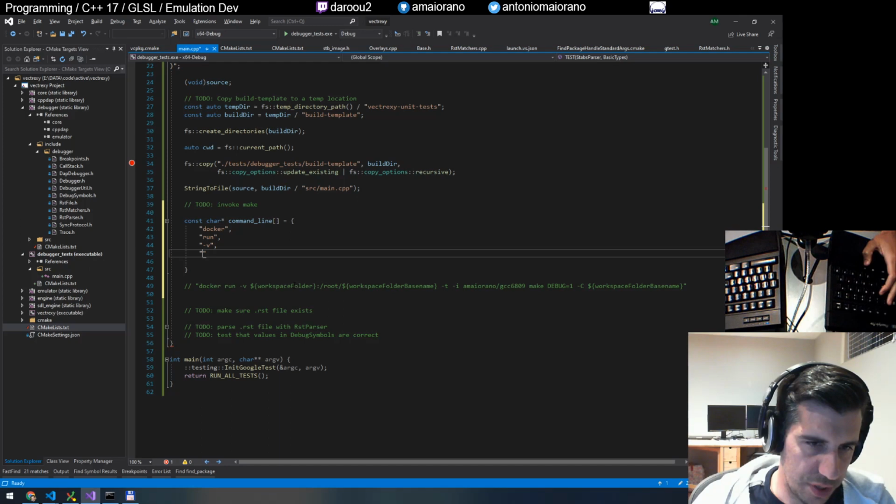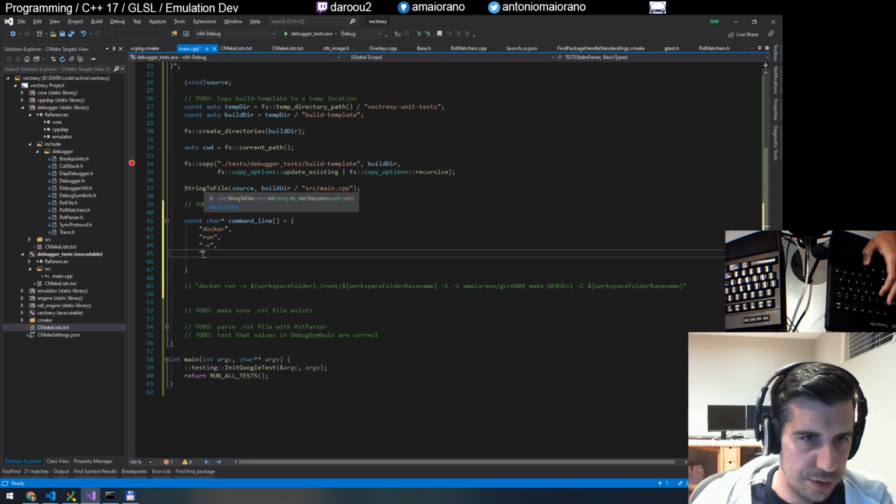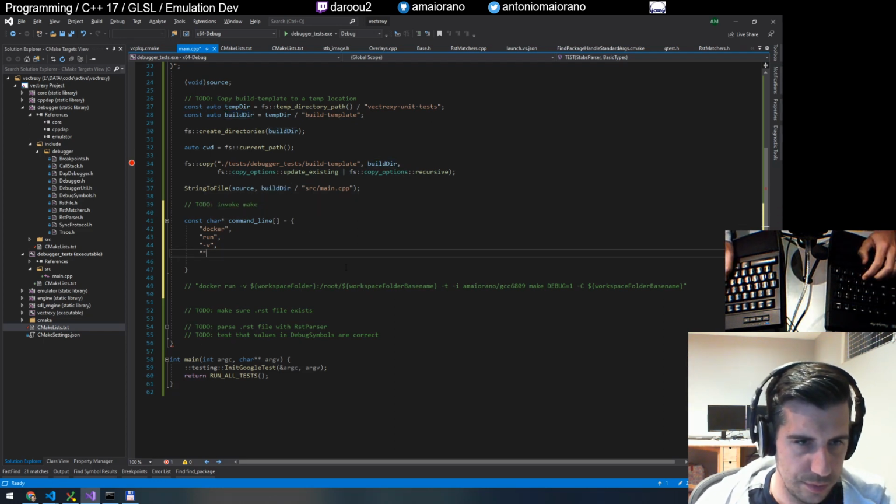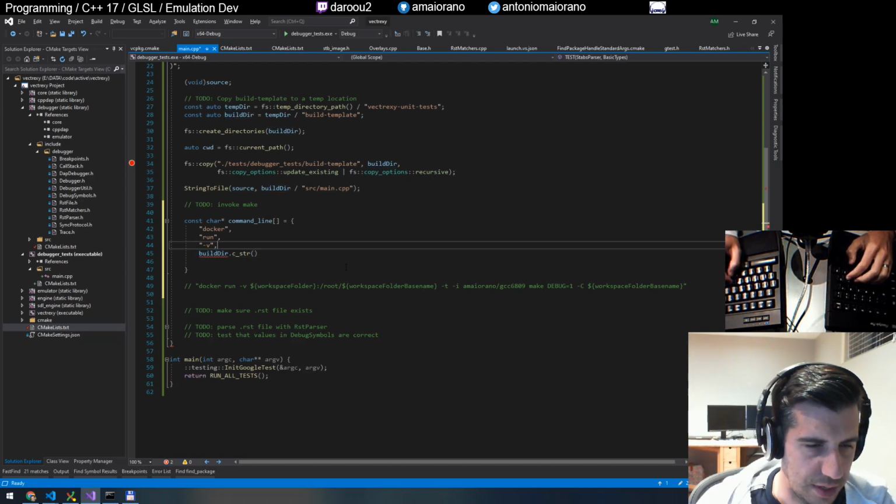So this would be normally a path to the workspace folder. So in my case, we're talking about the build directory here. And in fact, what I need to do